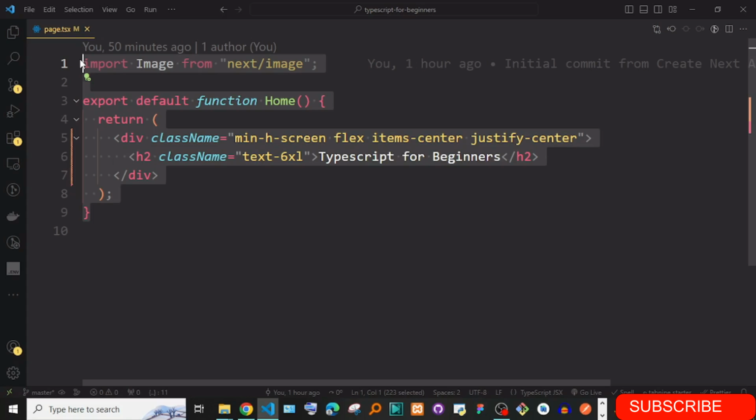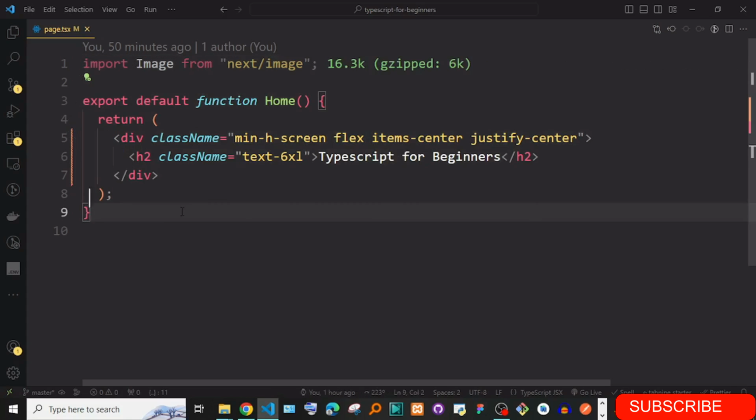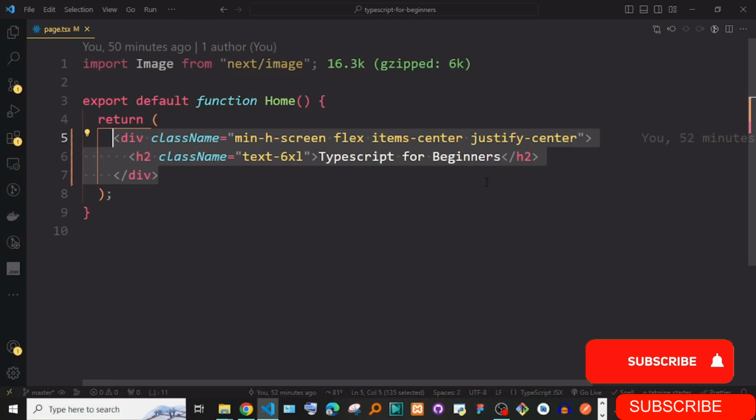When you just install a TypeScript Next.js project, really there is no big deal to worry about, because at first don't worry about implementing more of TypeScript. Simply say, I'm just going to write the TypeScript I know, and whenever I get errors, I do some research to rectify them. As simple as that. That's how I learned it. So you can see I have just removed all the code that was there in the main, and then I placed this div with an h2 saying TypeScript for beginners.